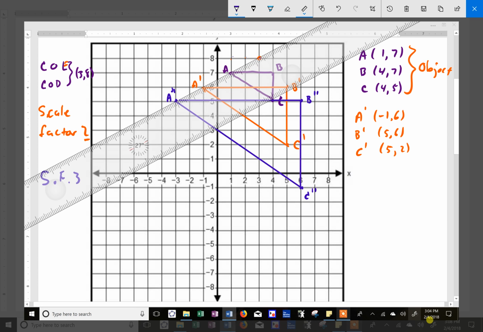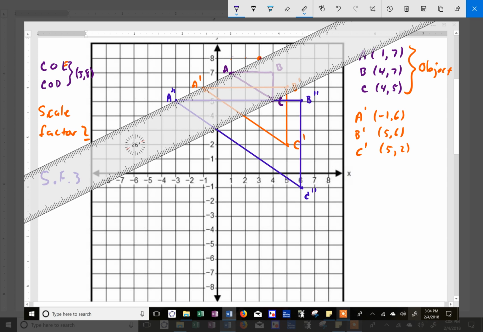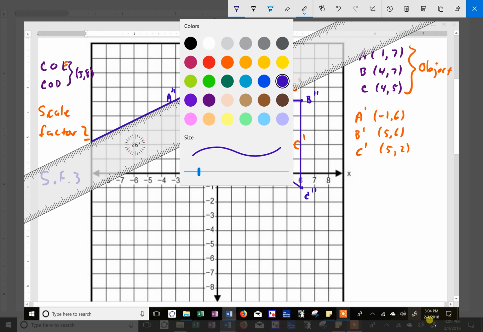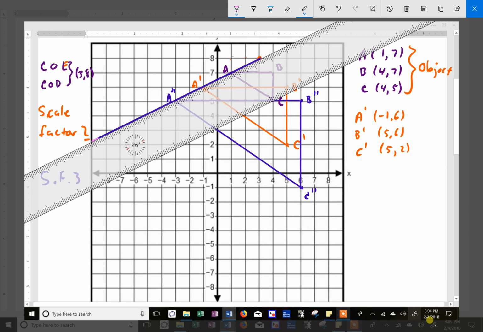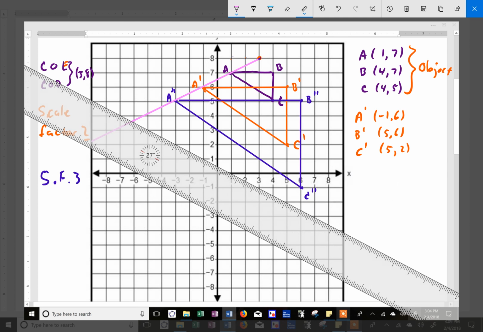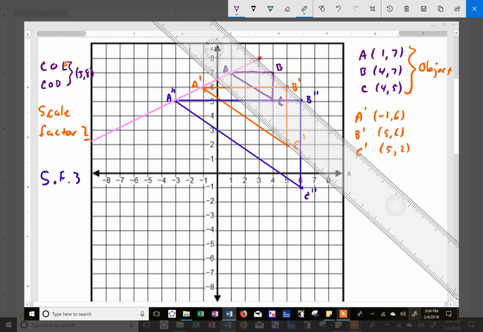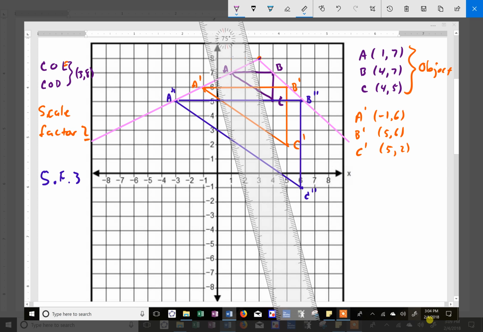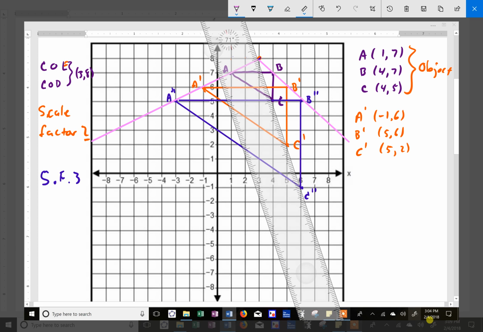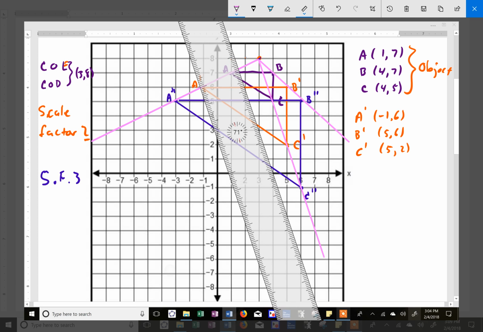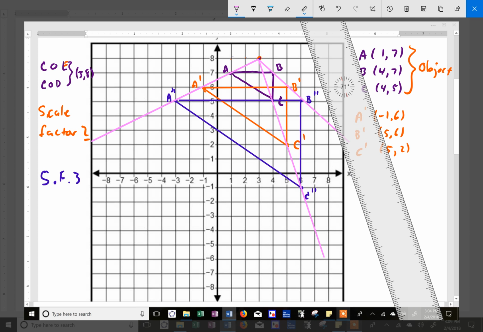And then, check this out, this is kind of slick. If I've done it correctly, I'll do this in this color. If I've done it correctly, all my points should line up. And sure enough, they all do. They all three line up. And that's it. That's the idea behind this,